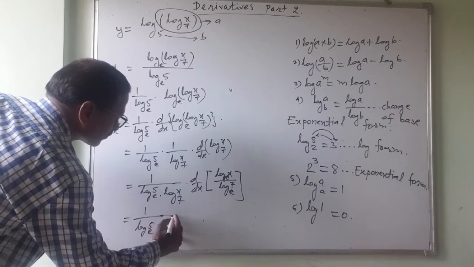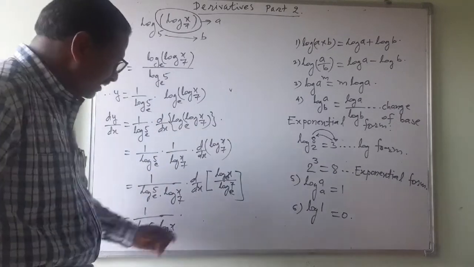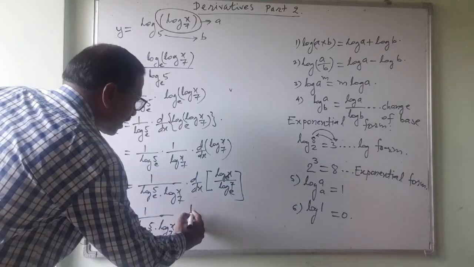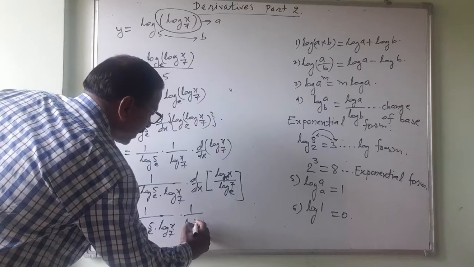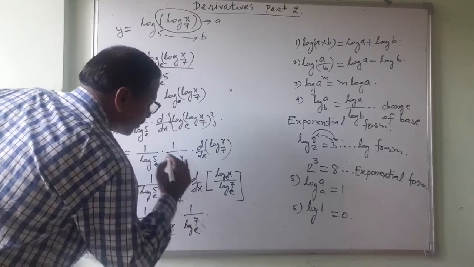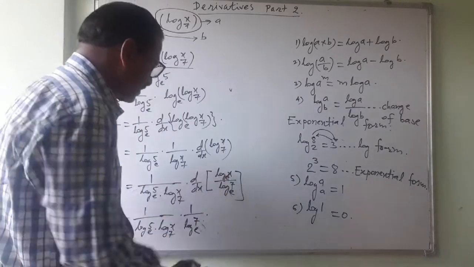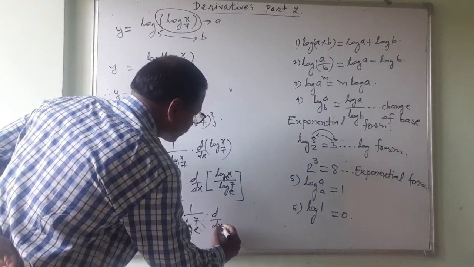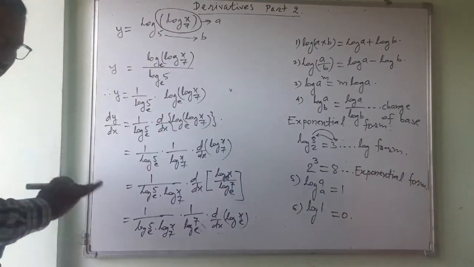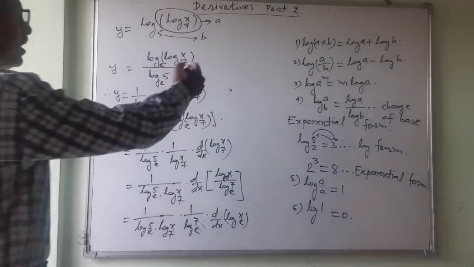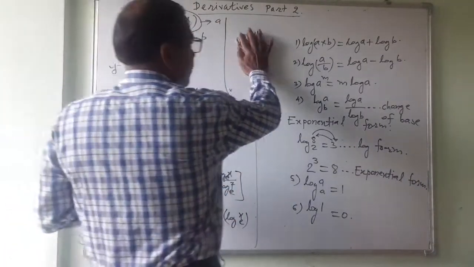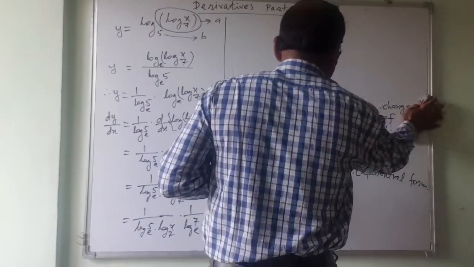base 7 into. Now this much part is a constant. I am not going to take the derivative of this. This I will take out. 1 upon log of x to the base 7 to the base e into d by dx of log of x to the base e. Still I have not done anything. I have just simplified. You might have noted all these formulae. Now I am rubbing this, 1 or 2 steps, so that I can complete the sum.